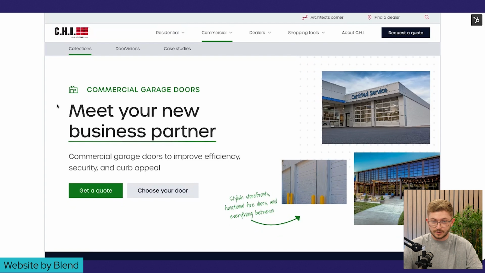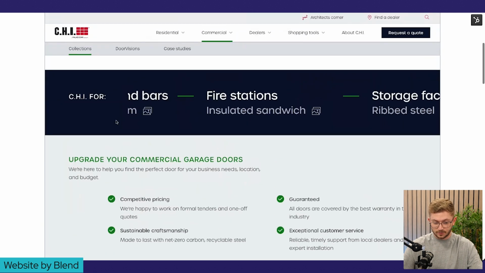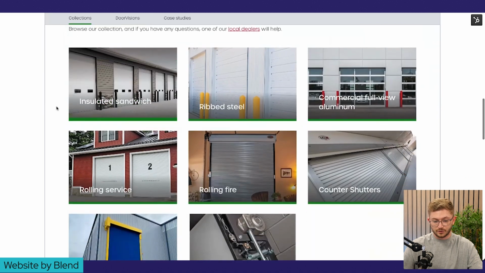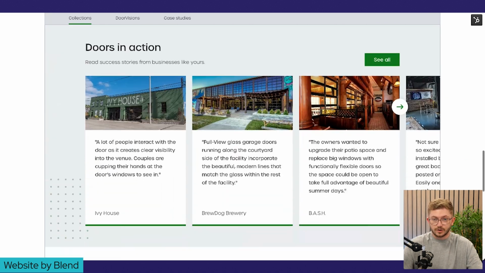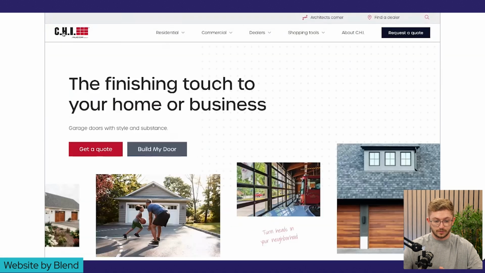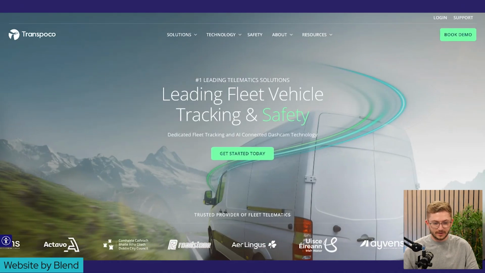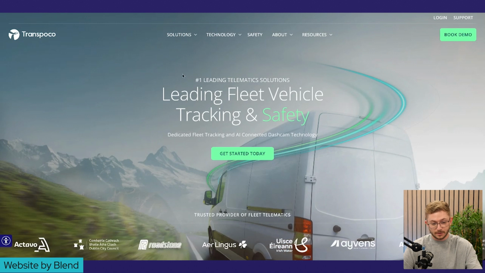And it's not your typical SaaS website, your typical service business website. It does really show you what's possible to look like a premium manufacturer, which is exactly what they are. So an awesome example there. Absolutely love the C.H.I website. One of my favorites. So the next website on the list is Transpoco, and this is a complete rebrand that we worked on,